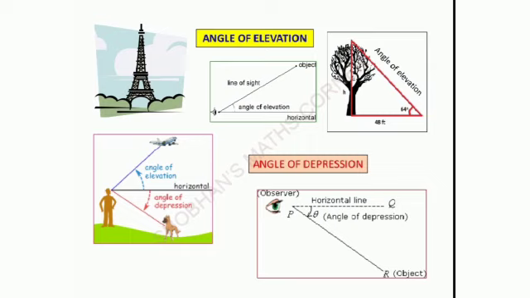Now in this tree figure, once again let us see how we can find the height of the tree. Here the angle is, let us say, 60 degrees, and the distance from the foot of the tree to the observer is 48 feet. Now to find the height of the tree h, we can use tan. Why should we use tan? Because we know the base, that is adjacent, and we need the height, that is opposite. The relation between opposite and adjacent is tan. You can use cot also.